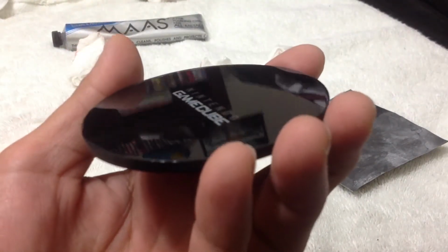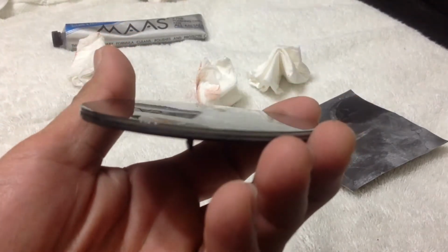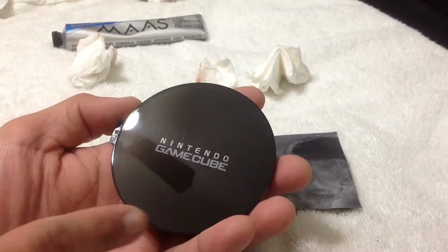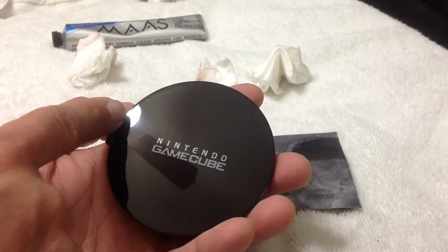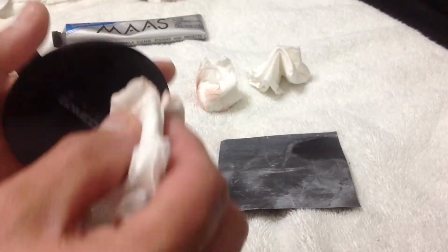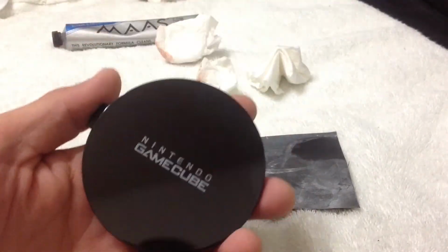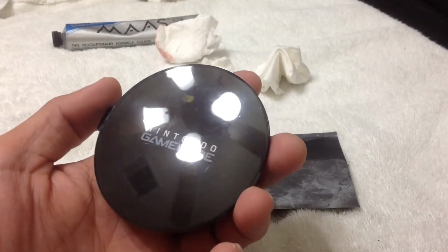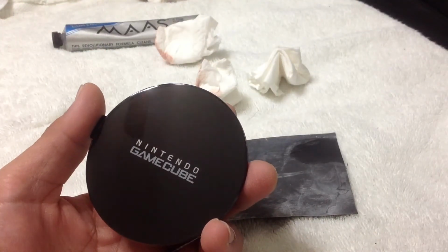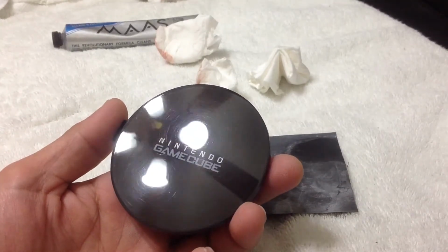So look at that. Oh, and by the way, whenever you're sanding this, you might notice the edges here. They're going to be hard to buff out. I don't know why, but what you're going to need to do is when you get your buffing, just go around the edge all the way around. Just keep doing that until it buffs out to your satisfaction. And I used the compound about 7 times, and then I used the liquid wax on top of it to give it the smooth finish and